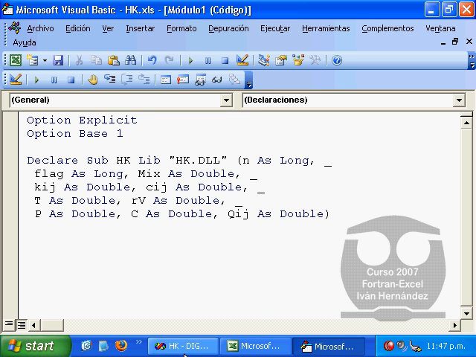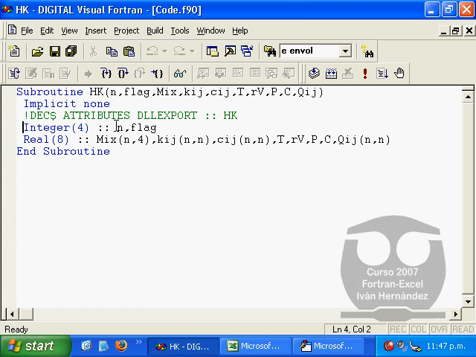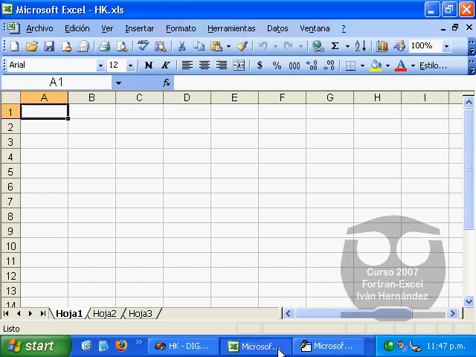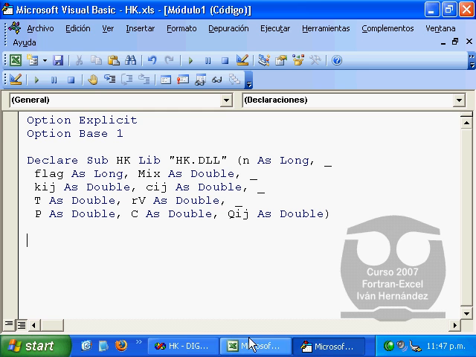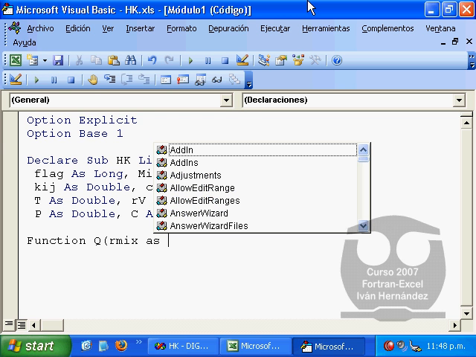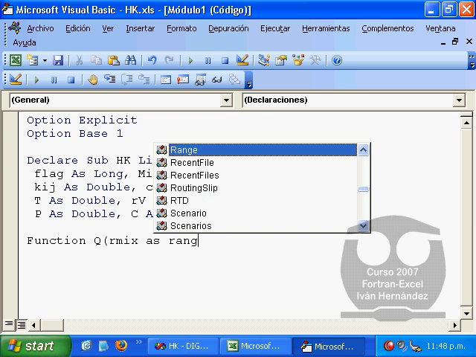We are clear that the code that we are about to write in our Digital Visual Fortran DLL needs to be executed directly in a workbook. So we need to add a function, which will be Q, as it will evaluate the Jacobian matrix, and it has as arguments a mixture range of cells,